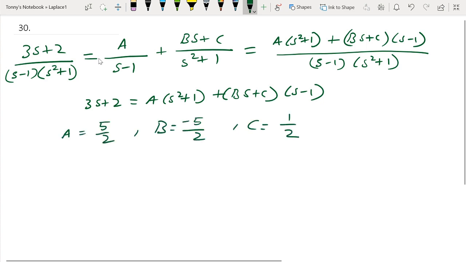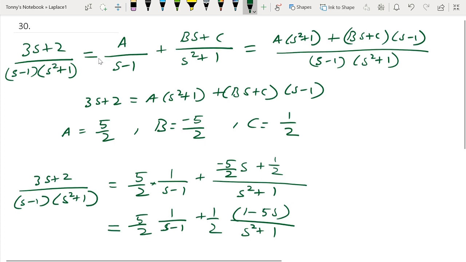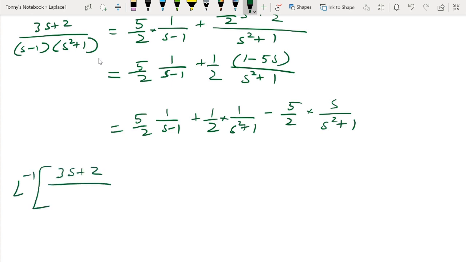Therefore given expression becomes, here 1 by 2 is common, take outside, so this becomes, by expanding this bracket we get, now all the terms are invertible. So inverse Laplace transform of given expression is